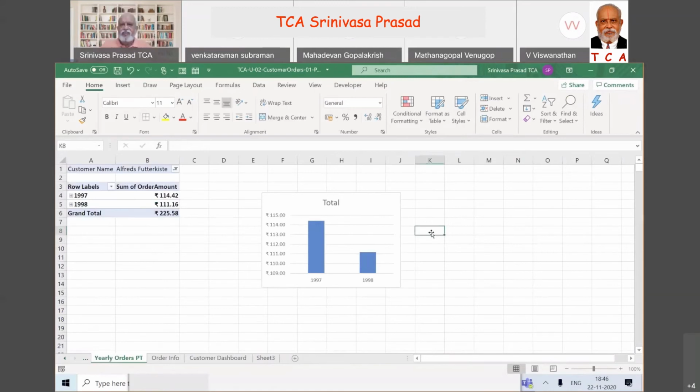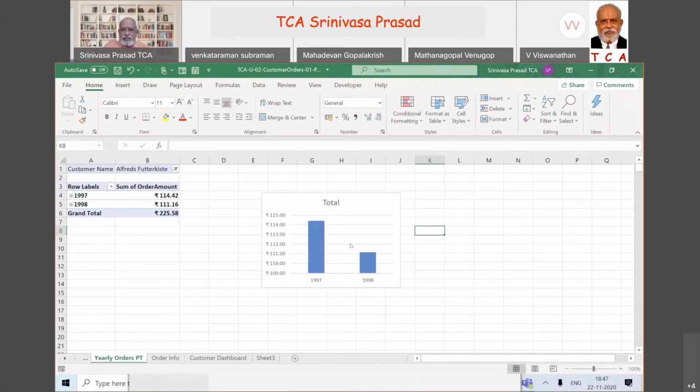Now, please tell me one thing. Where do I want the chart? Not on this sheet, but on the dashboard. That is not my objective. I want this graph on the dashboard. How do I take it to the dashboard? There must be a way.